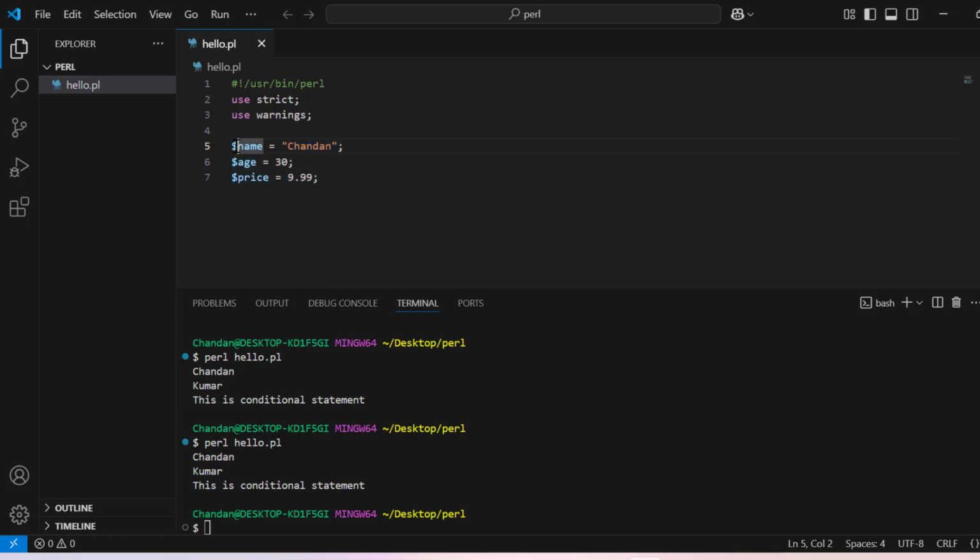And it is always suggested that you should use my. Whenever you are declaring any variable, you should use my and then keep the name. Although if you do not mention it, there will not be any problem. Still it will work. Now to print it, what we can do,